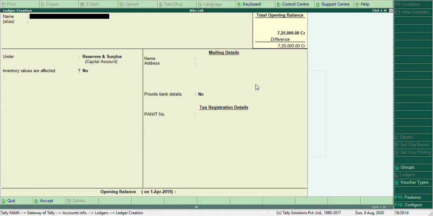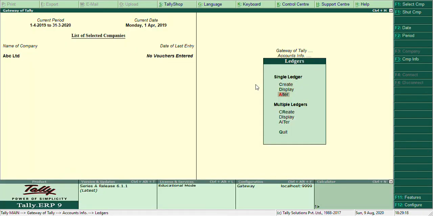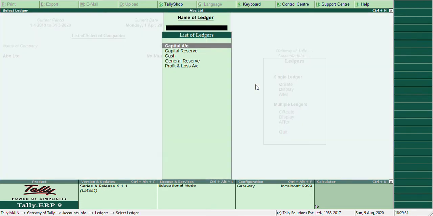Next there is a ledger name, that is profit and loss account. The profit and loss account ledger you don't have to create, because it is already inbuilt. So you just have to go to the alter option to give the opening balance for that particular ledger.